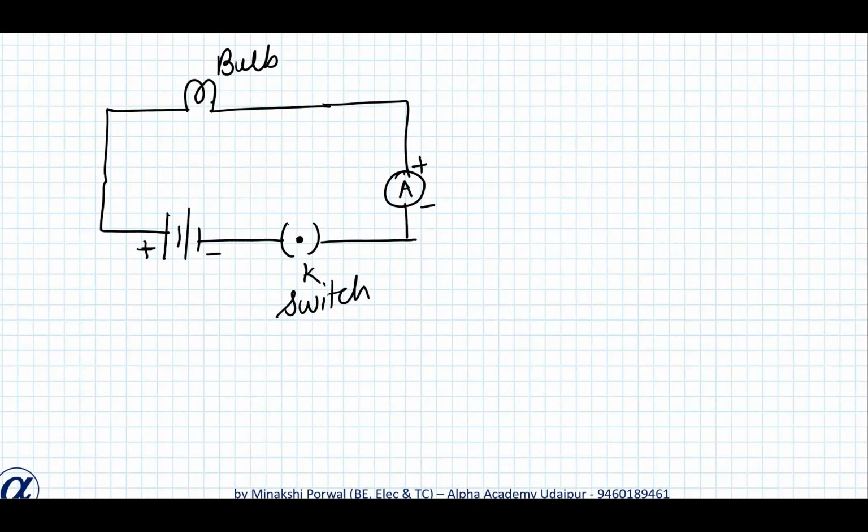Now, battery has two terminals. Actually it is shown by vertical lines, and the shorter vertical line shows the negative terminal and the longer vertical line shows the positive terminal. Current always flows from the positive terminal of the battery. It starts from the positive terminal and flows towards the negative terminal.